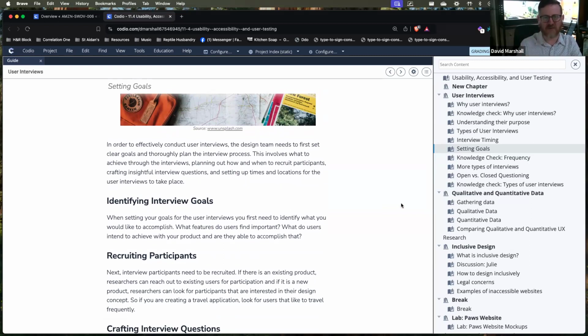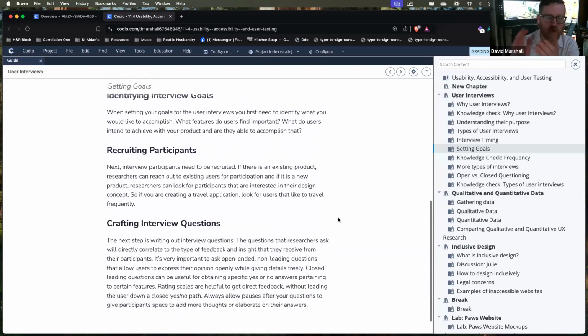Try to figure out what features users find important. Again, you're creating this application, but what are people intending to do with your application, and were they able to do it? When it comes to recruiting, if you have an existing product, you can reach out